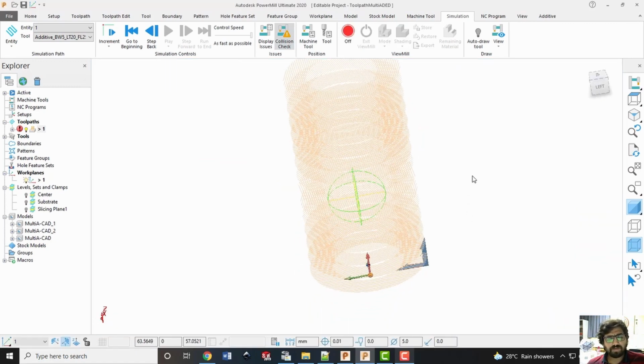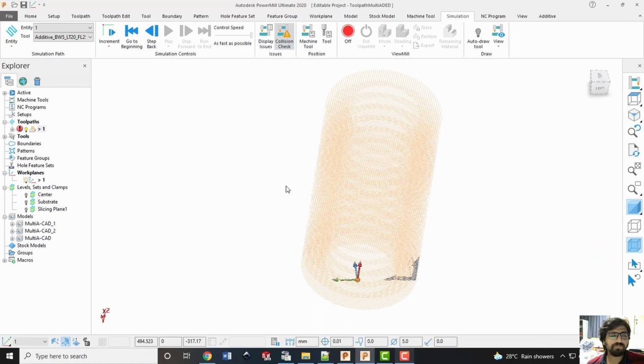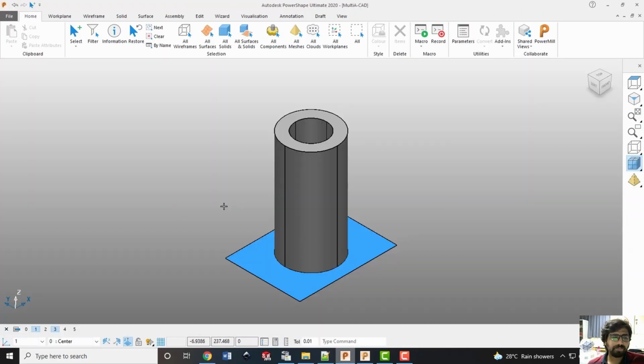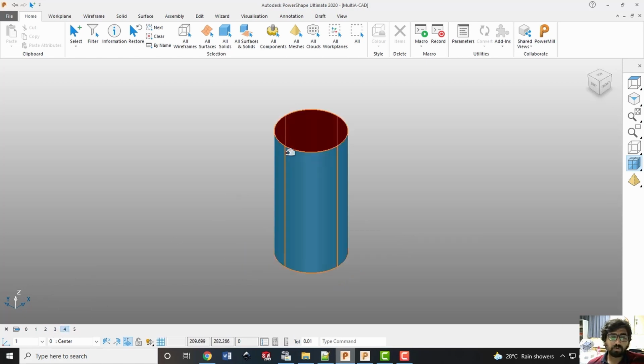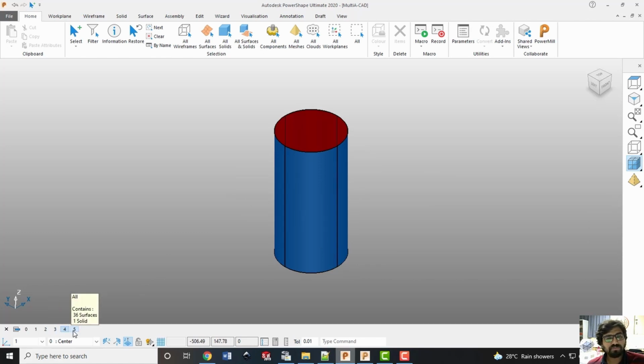So once we have built this center part, now our objective will be to build those radial parts over here. So for that, we will go back to our power shape, and now we will import the other features there. Here now, it can be noted that the feature or the first slice is going to be a cylindrical slice, and on top of it, of course, we are going to build these features.